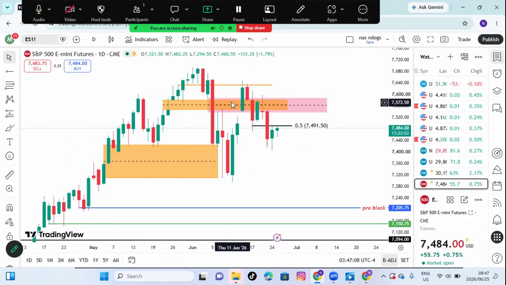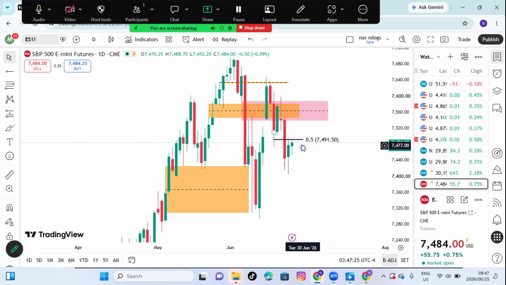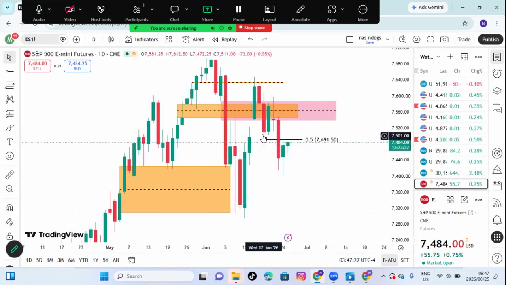So once we're below it, like here, we do not want to see bodies on the upper half here. There was a body, but the next candle showed us that no, I want to go lower. The next one touched this one and went lower, right? So it's showing us that it wants to go lower. So as long as we are below this, I'm gonna remain bearish on the Nasdaq. As long as we are below this wick here, I want to see no bodies here on the upper half.